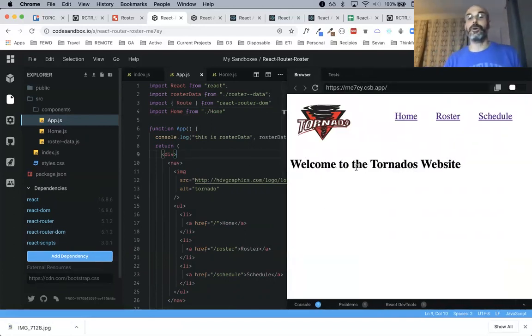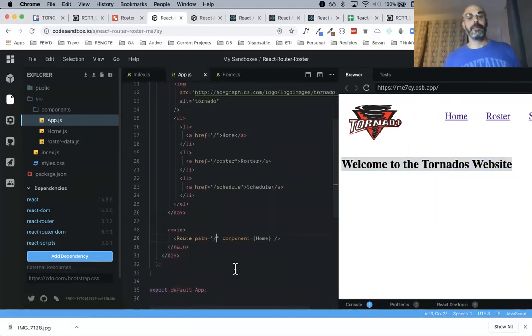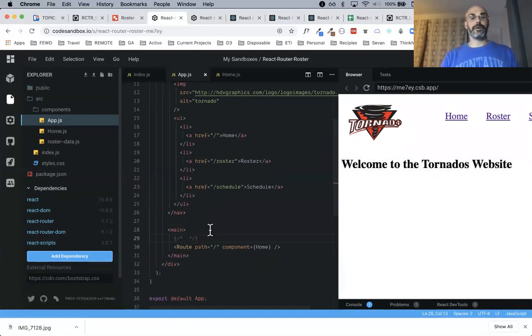So I have this router, and this route, that is my default route here, right? This path, that's the default route, okay? So if I was to add a comment here, that is the default route, okay? You go to your website, you don't put any forward slashes, that's where we're gonna go, okay?